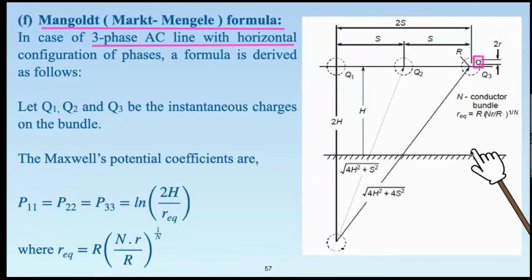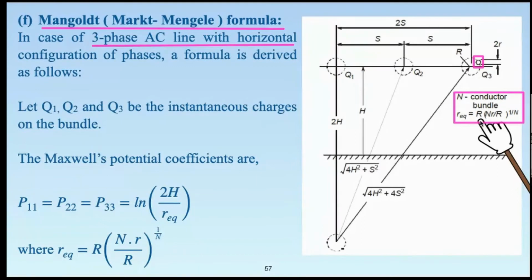And then the second thing is that we have to remember that if there are n number of subconductors in the bundle, then the geometric mean radius has to be calculated as R equivalent is equal to (capital R n r upon r) whole thing raised to power 1 by n. This is purely a geometric relationship in terms of number of subconductors. You want to arrive at the equivalent radius of individual subconductors. So that is calculated as (R n r upon r) raised to power 1 by n. So you have to remember this one.